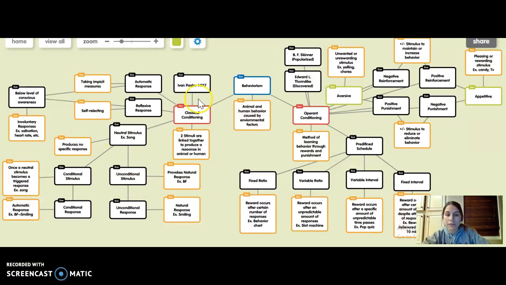And also, the definition of classical conditioning is two stimuli, such as the song and the boyfriend, linked together to produce a response in an animal or in a human. So moving on to the right side,